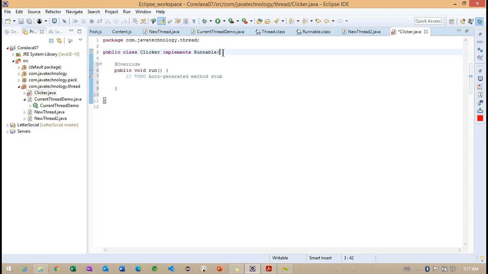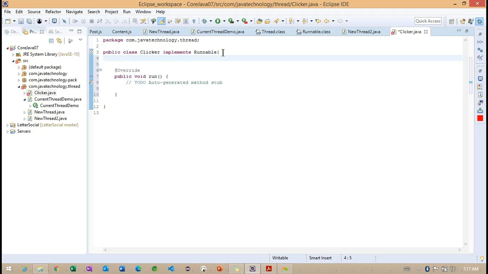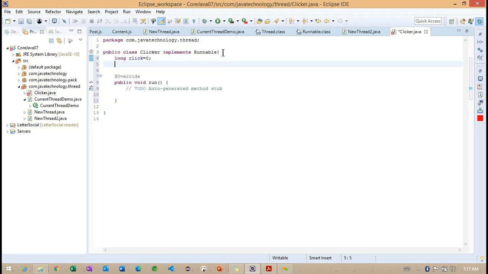Getting the point. Now observe carefully how these priorities are going to work. By default I am making click as 0, and internally I am creating one thread here.